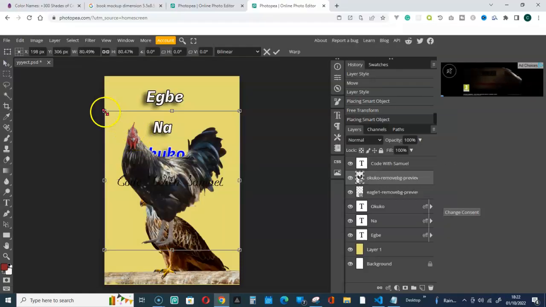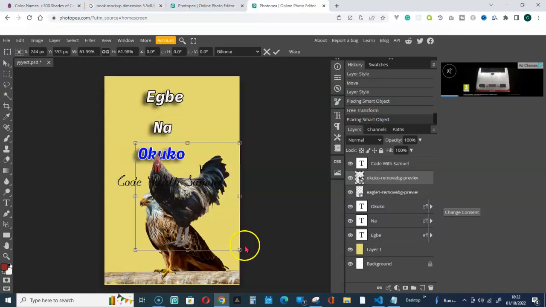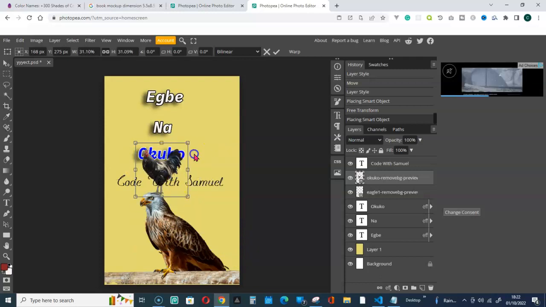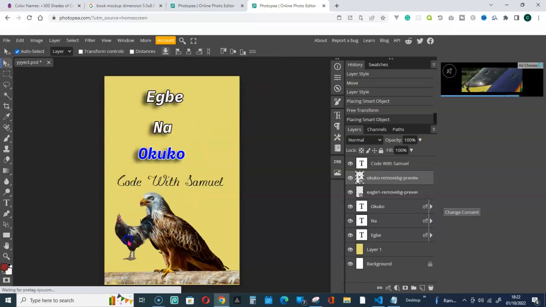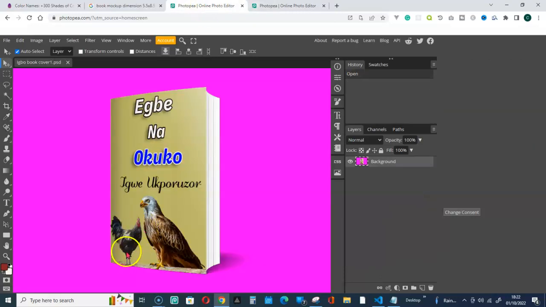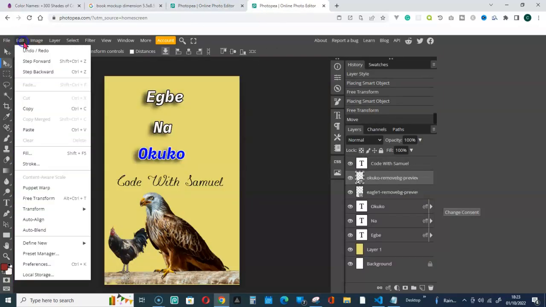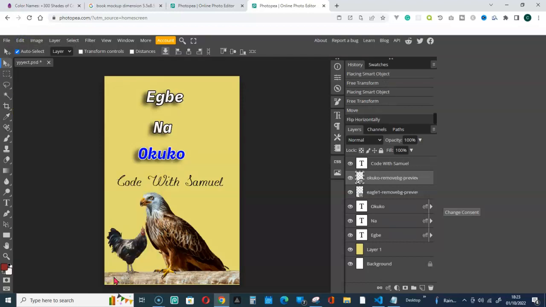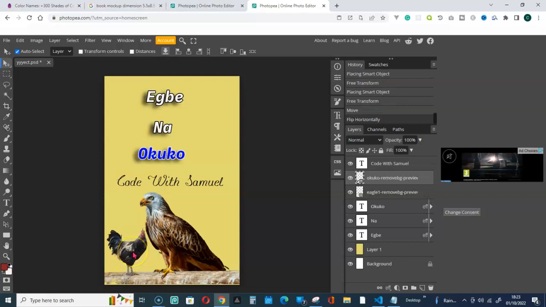So we have to reduce the size from this angle. I will take it down, but we have to flip this horizontally so that we can have it this way. Okay, we go for Edit, scroll down to Transform, then navigate to Flip Horizontally. As you can see,